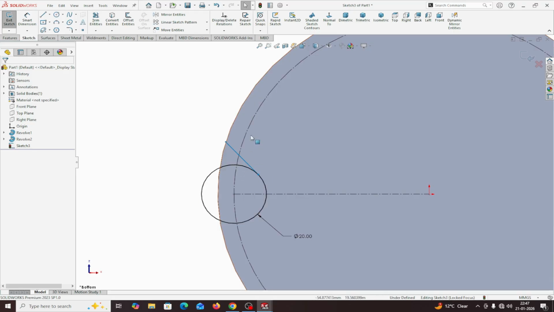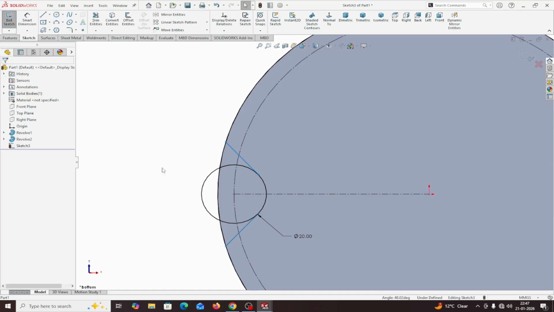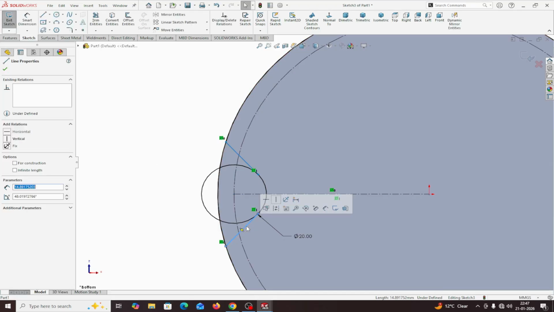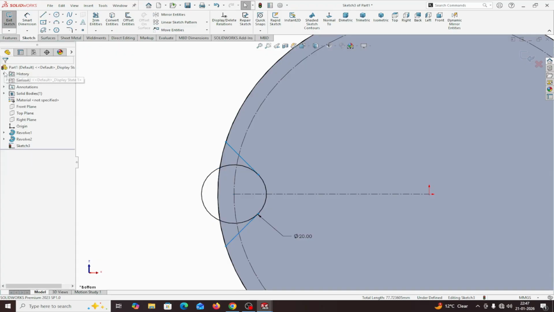Okay. And select outer circle. Outer circle, convert entity. Okay. Now mirror. Mirror, select this line about this line. This is mirror. And select this line, shift this line, this circle, tangent relation. Okay, underdefined. Okay, now I will trim